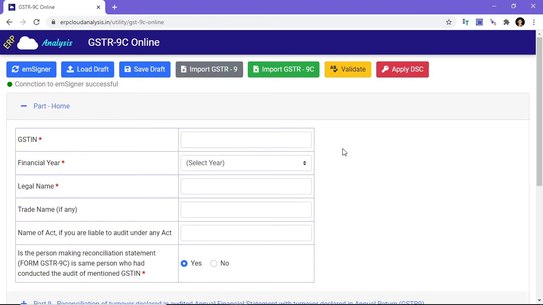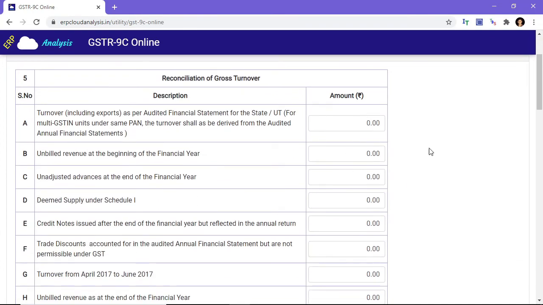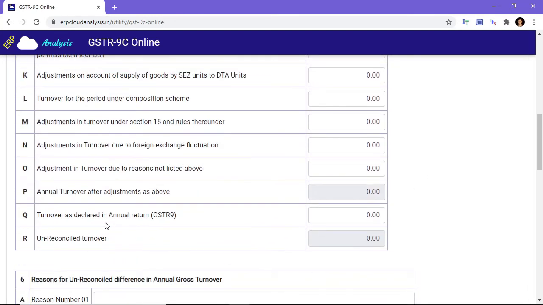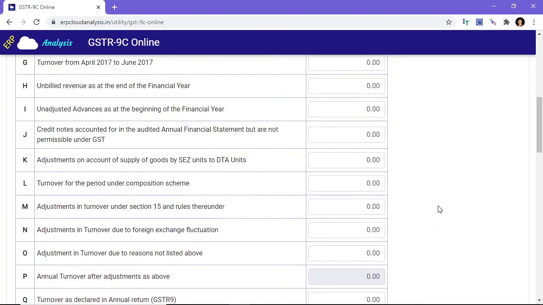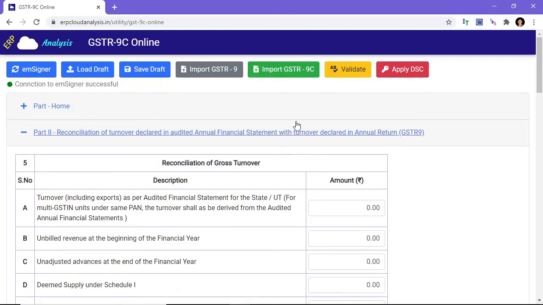Okay, so all this data is now already pre-filled. One more feature I would like to demonstrate. I have seen many times all the data is correctly filled up, but your JSON file gets rejected at the portal just because the figures of annual return which you have to mention here are not mentioned correctly. Many times I found a few paise or rounding errors or 2 3 rupees errors. So there is a facility to pre-fill the GSTR 9 figures. Just click on import GSTR 9C.